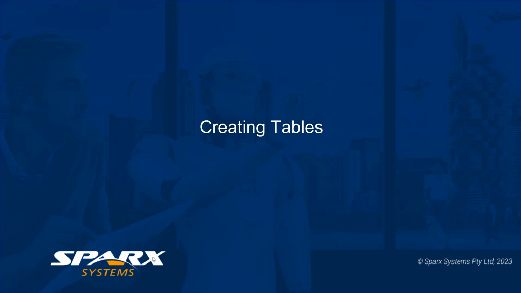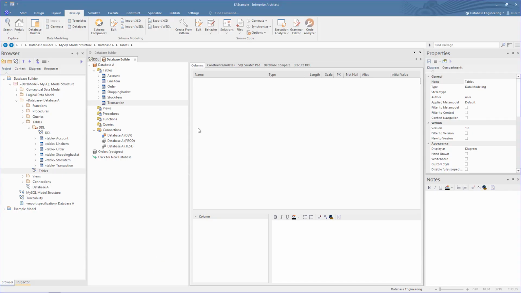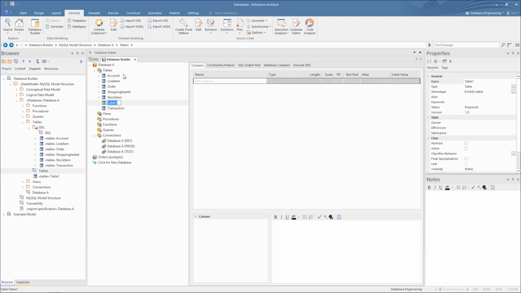In this section, we'll create a basic table and its relationships using the Database Builder. So given the database is for online sales, let's create a table for our wholesalers. First of all, we select the Add New Table context menu option, give the table a name, Wholesaler. On creating the table, the details of each field can be edited directly under the Columns tab. So we click on the Add New Column field to create a new column. Let's put in Wholesaler ID, set its type to int, and set it as the primary key.